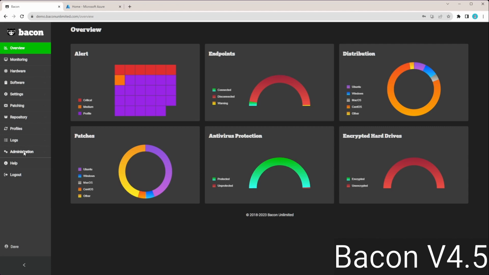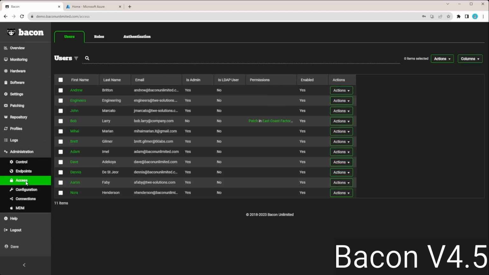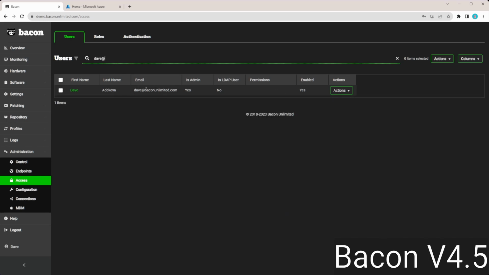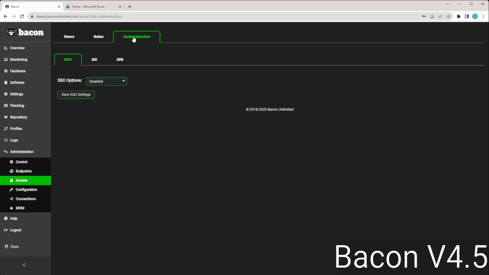Go over to Administration and Access. To sign in with Azure SSO, we'll have to have an existing account in Bacon. So I'm going to use my Dave at Bacon Unlimited account here. Just to verify, this is the email address that's going to be associated with this account, as well as my Azure creds. To turn on the feature, we'll go over to Authentication, and under the SSO tab, we want to